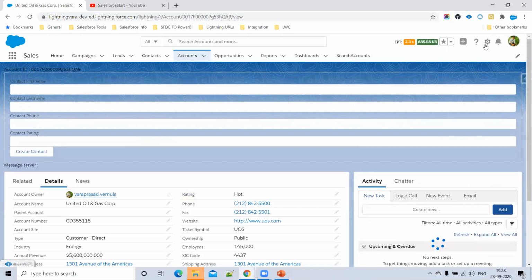Just click on this edit page. I want to show my component based on the account record fields. Now we are using a record. I'll show you how we can put a condition. I'm taking account rating, but you can take opportunity amount, opportunity stage, any value.